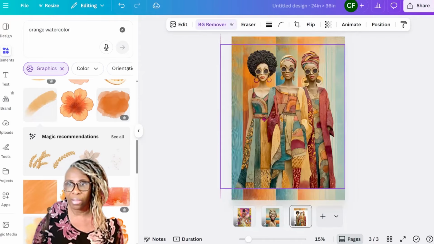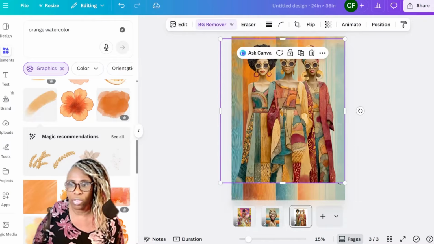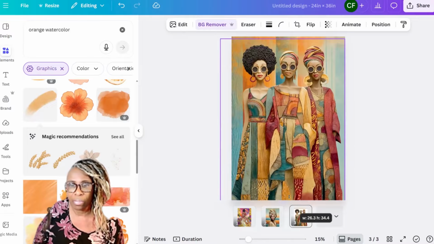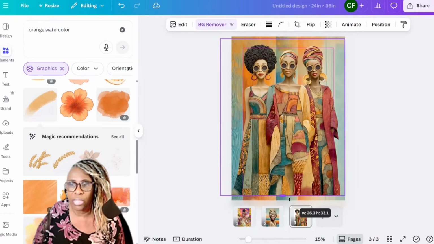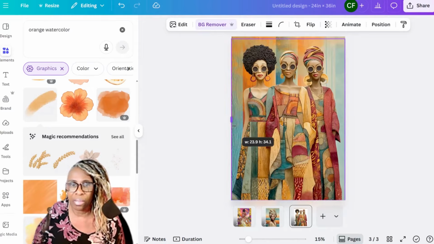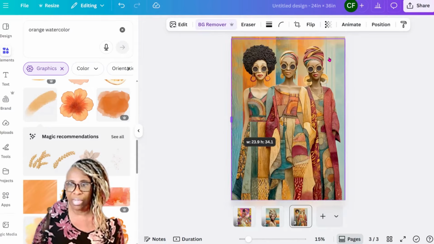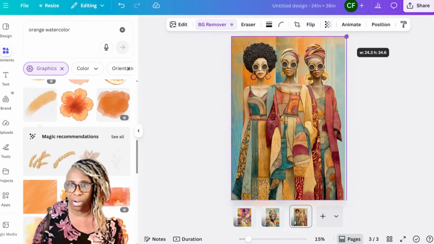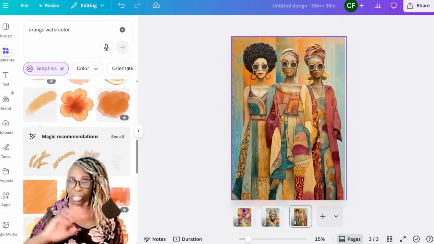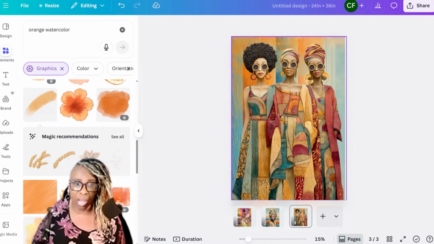Okay, now that the background is removed, I can pull this down some. You see what I mean? Before, when we pulled it down, it was eliminating the size of the image. Now it's not. The image is there. All right? Beautiful. So you could just leave that as it is if you want, or if you wanted to